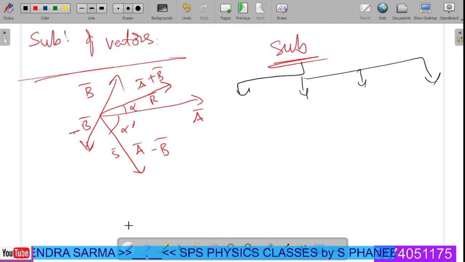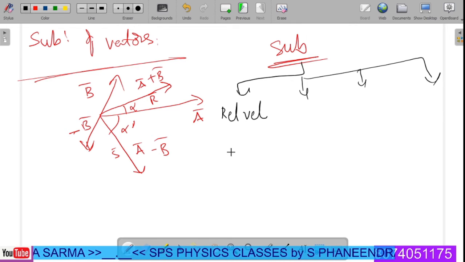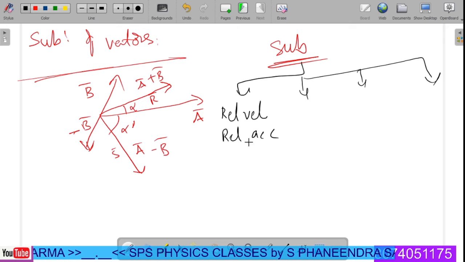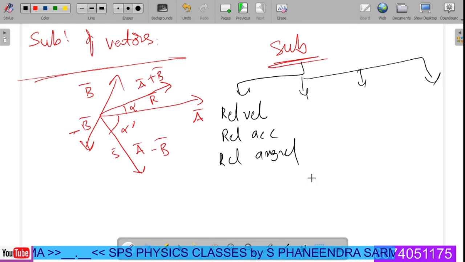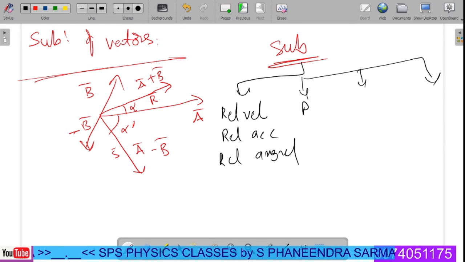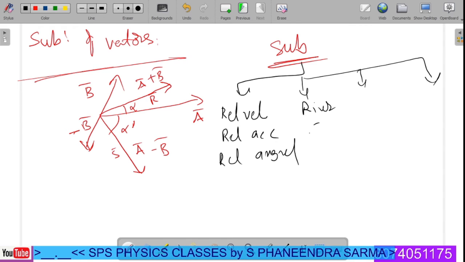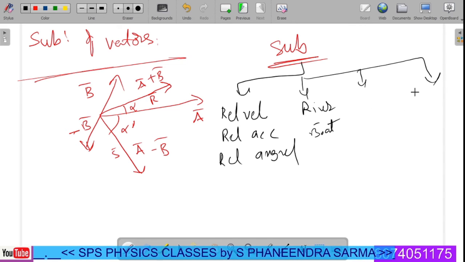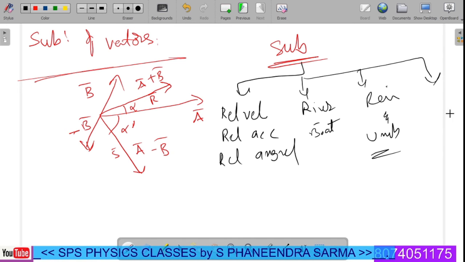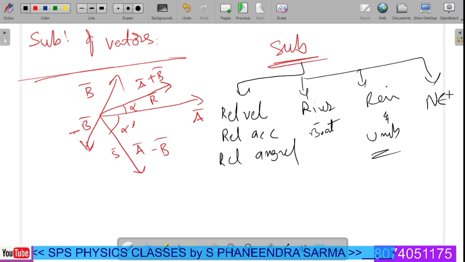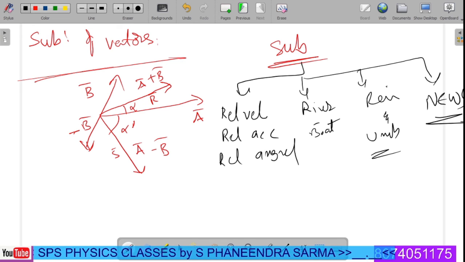On the other hand, there are applications of the subtraction of vectors. First one is the concept of relative velocity, relative acceleration, relative angular velocity. Next one is motion of river and boat problems. Next one is rain and umbrella based problems. Next one is news, where some directions are given in the problem that we have to